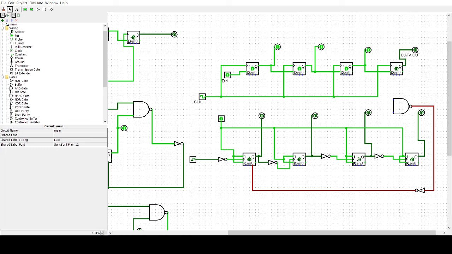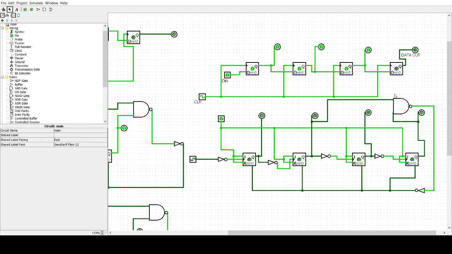So that is why I am using the inverter. Another input should be connected to QB. So it is your mod 10 counter.